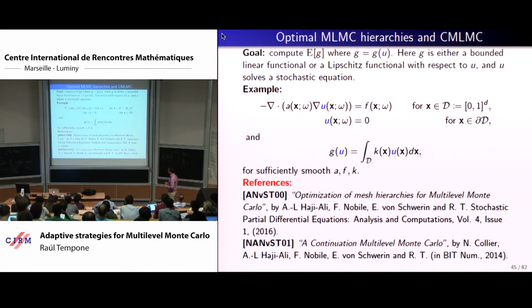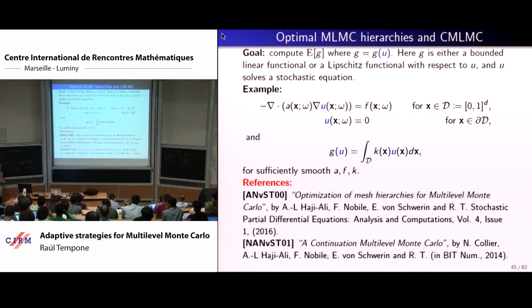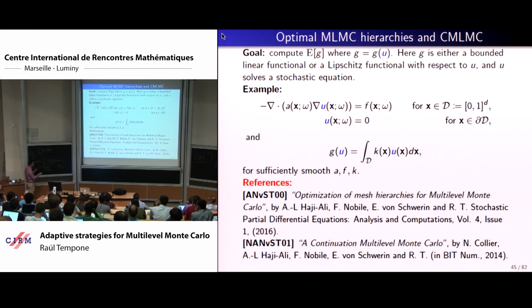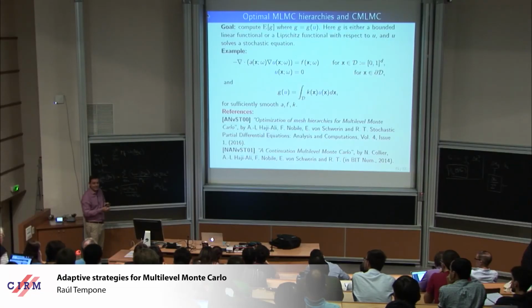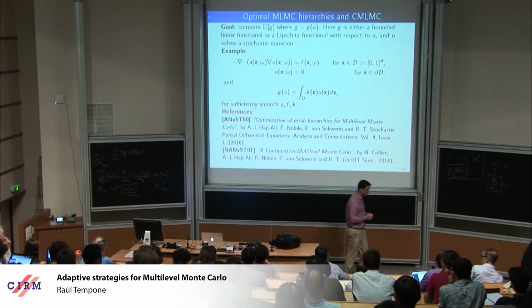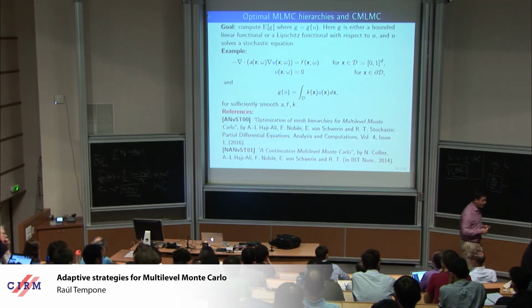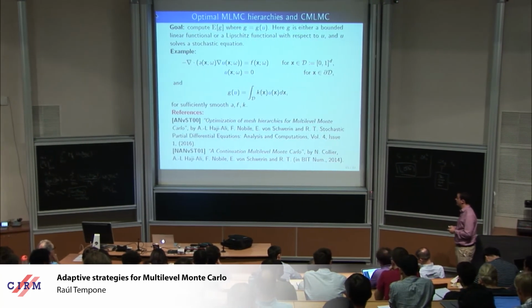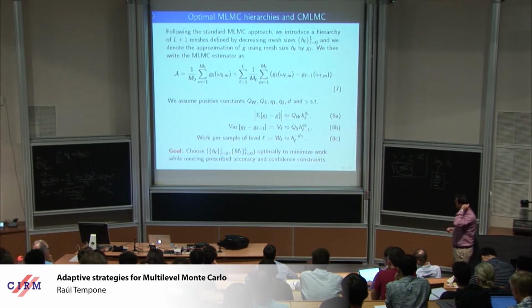And this other work here, the continuation of multilevel Monte Carlo, addresses this problem, right? The variances that you need to drive and get the optimal M's are not known a priori and somehow have to be found on the fly, right? So you need to create an algorithm that not only is adapting the M's, but is trying to find these parameters that are needed to find the M's, okay? So that's what the continuation is doing, and this is implemented in this code, MIMC-lib, this library. Okay, so let's go to the assumptions then to focus.